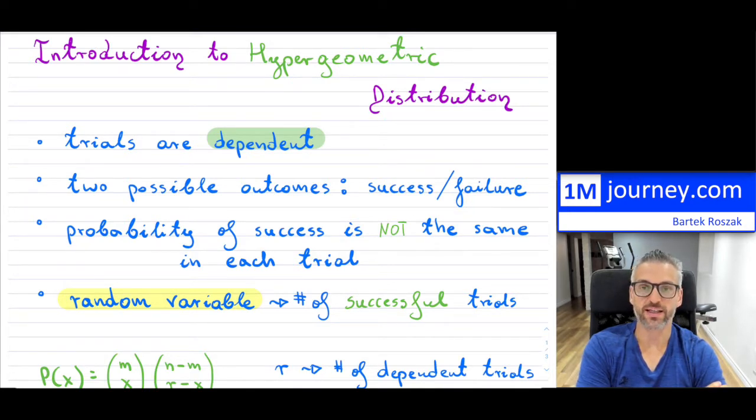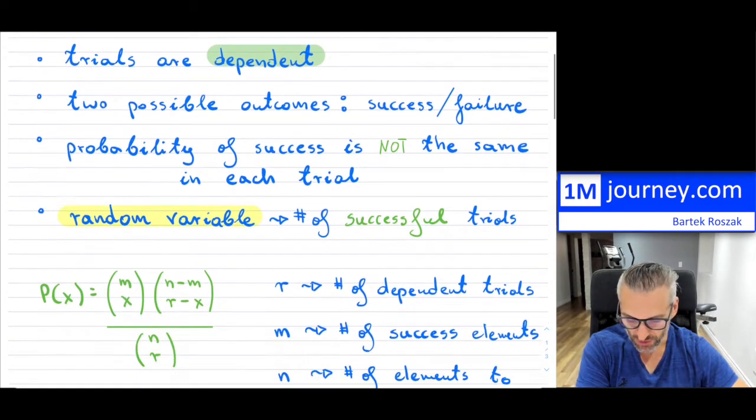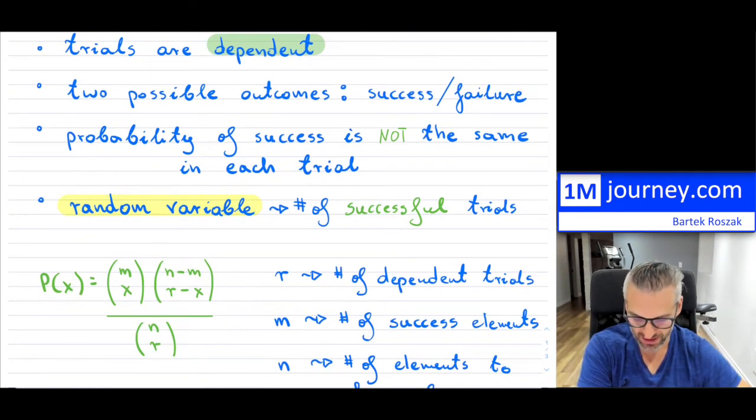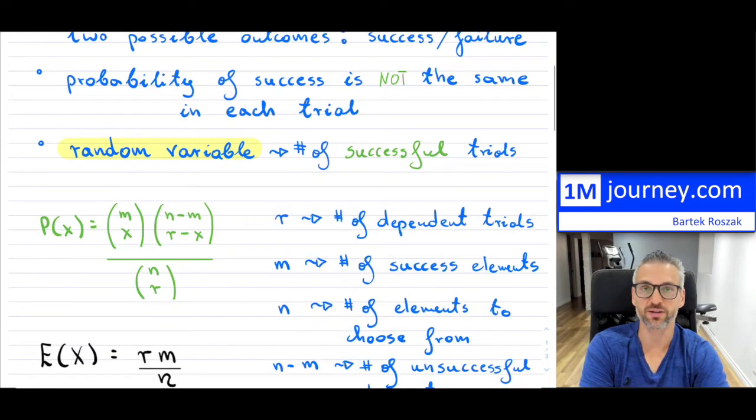Now, if you've landed here and you want to watch the hypergeometric distribution, that's the right place to be. And I will introduce this a little bit differently. If you look at the hypergeometric distribution in particular, you take a look at the probabilities, the expected values, there's a ton of variables. So it's a little bit easier, I think, to start off with an example and then track back with regards to